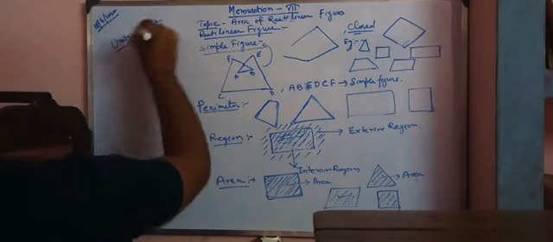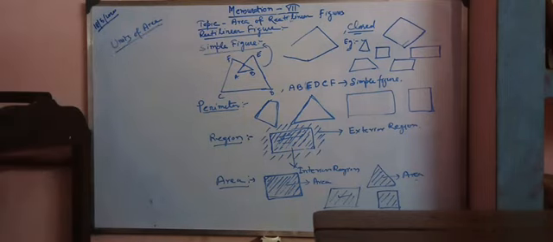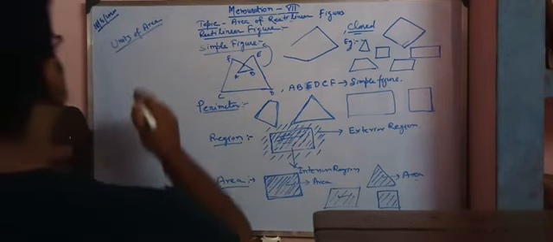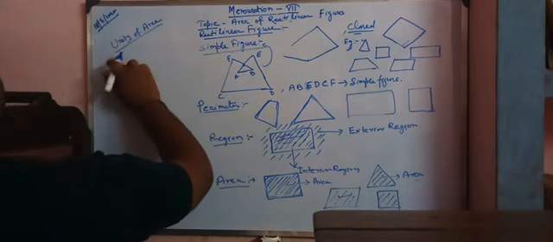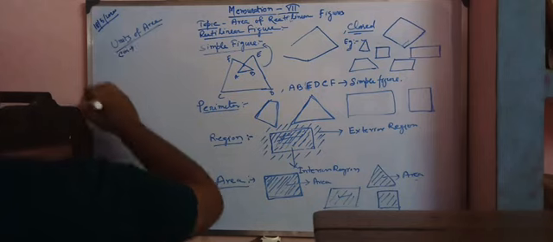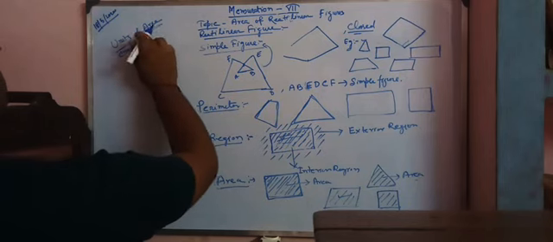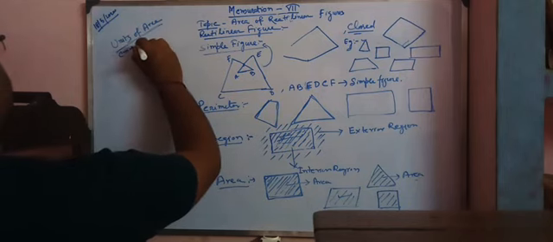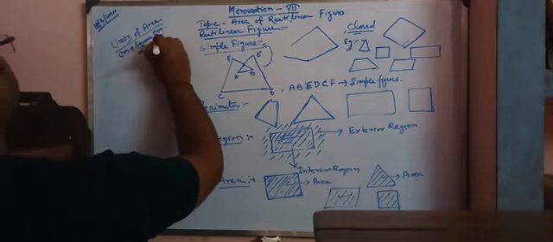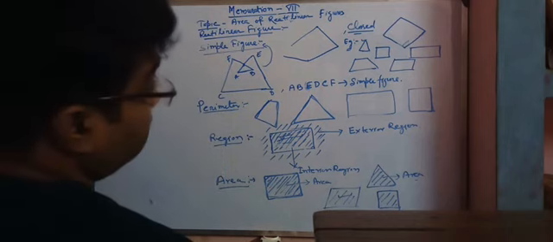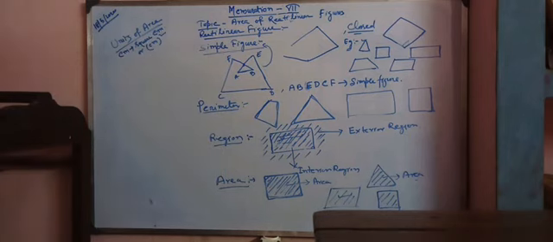Standard unit. If the sides are given in centimeter, okay, so the unit of area should be square centimeter or centimeter square, whatever you say. It's clear. Now